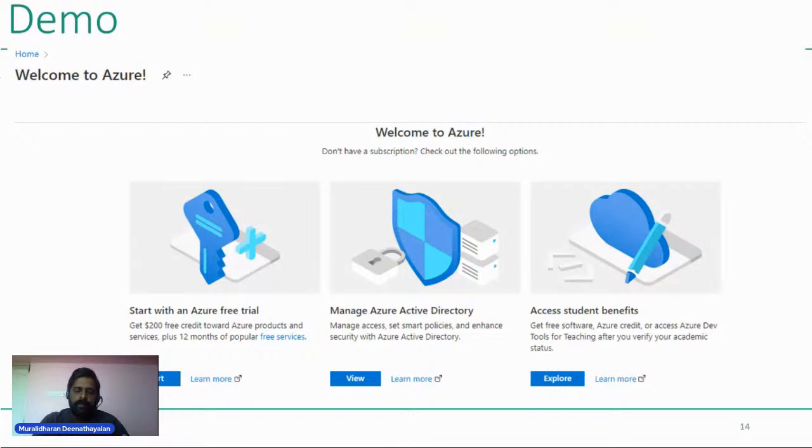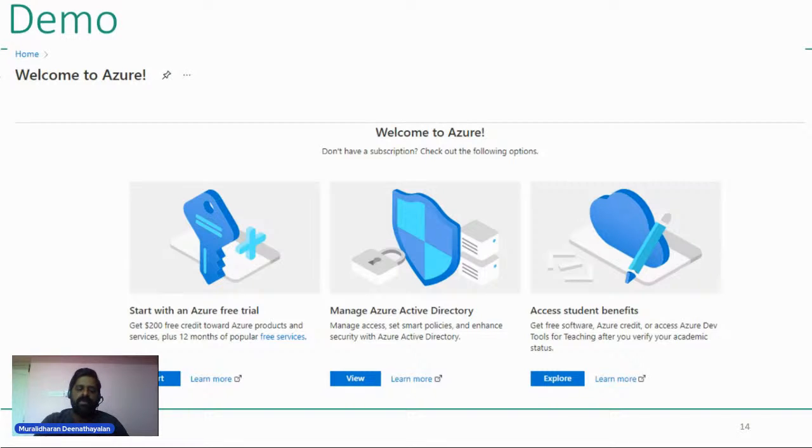For the demo, I'm going to create a new virtual machine, which falls under infrastructure as a service. Then we will be installing Microsoft Internet Information Server. Then we will be creating a very simple hello world application. Then we will host it. Then we will be accessing it from outside the Azure area. So that's one demo.